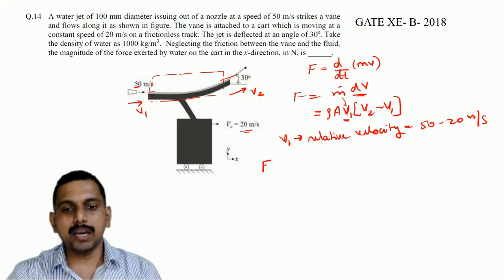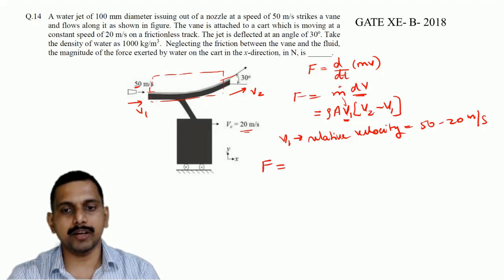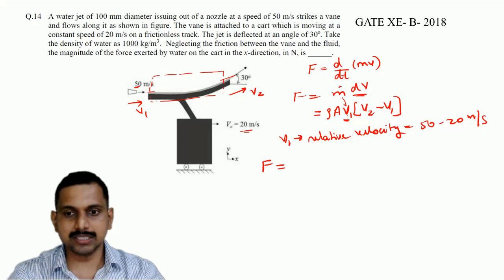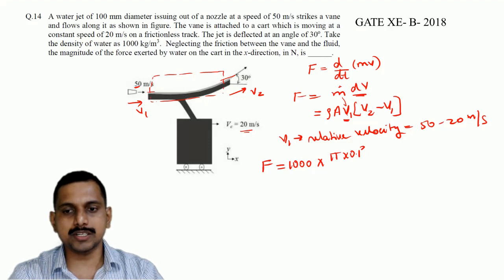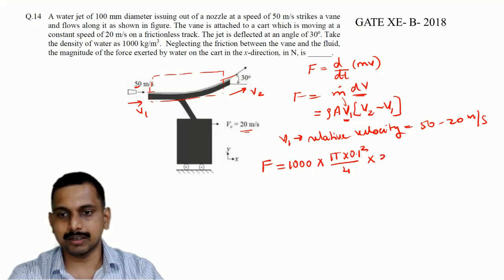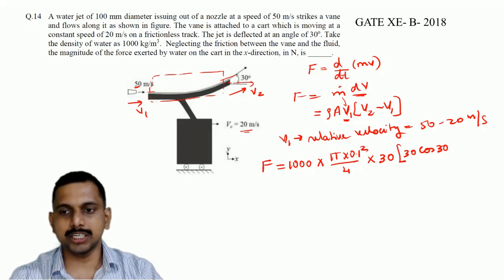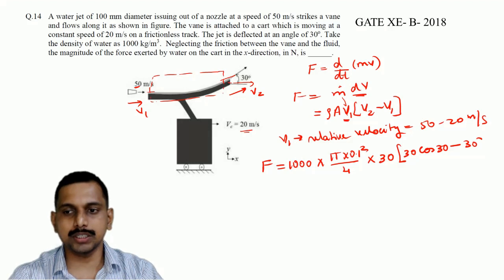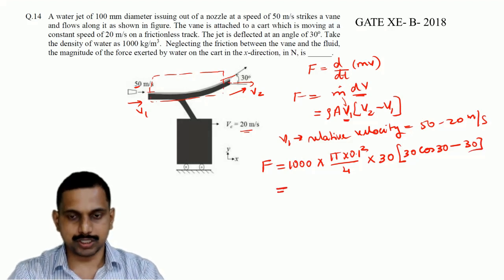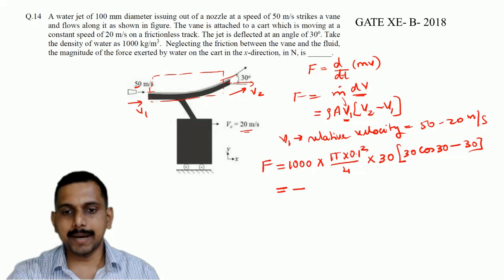So now my force is equal to rho a v1. Rho is given as 1000, into area which is pi into 0.1 square divided by 4, and v1 we have to take 30, which is the relative velocity. V2 is 30 cos 30 because you are taking along the x direction. So 30 cos 30 minus 30, so many things. So this force you will actually get as minus